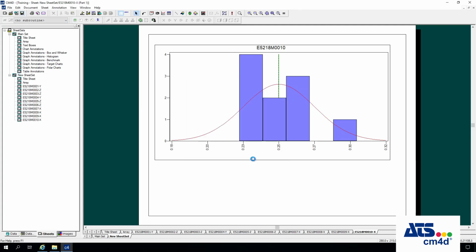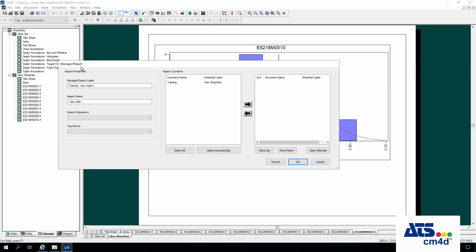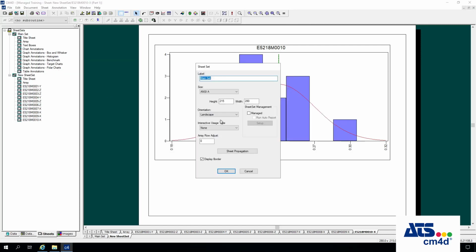Once I save this, when it comes to the Manage Report menu, where I can create my web report, I only have the one sheet set available, not two, where it says new sheet set for this one, but not the main set. However, if I turn this back on,